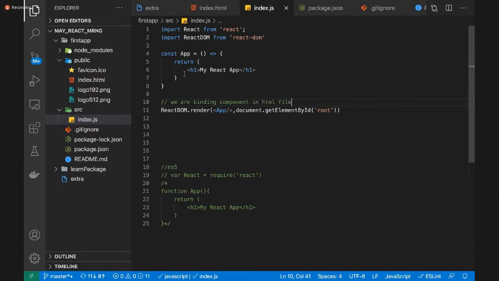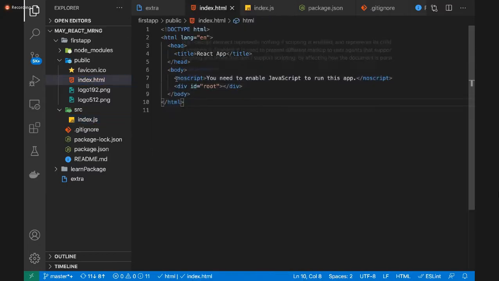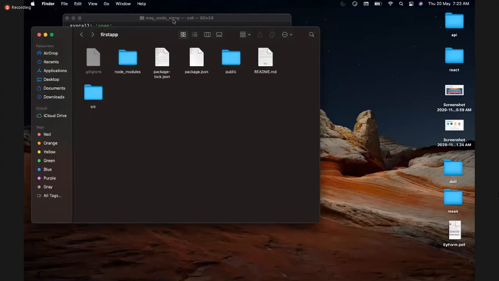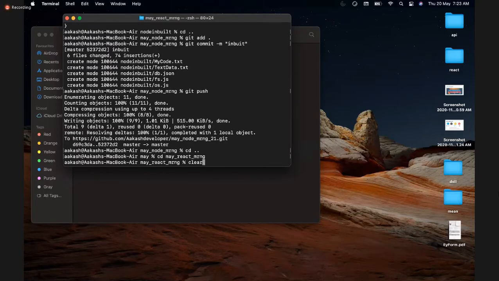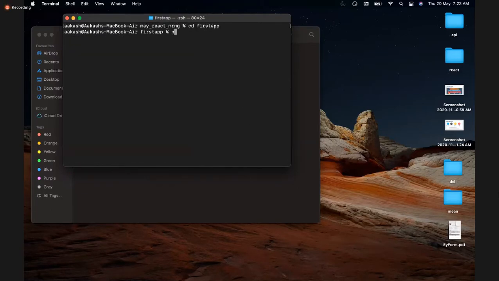So all this content, whatever you have as of now, will be placed here, guys, in between this div whose ID is root. Let me show you by running this code. So we'll go back and run this code. We'll go to first app and we start this.